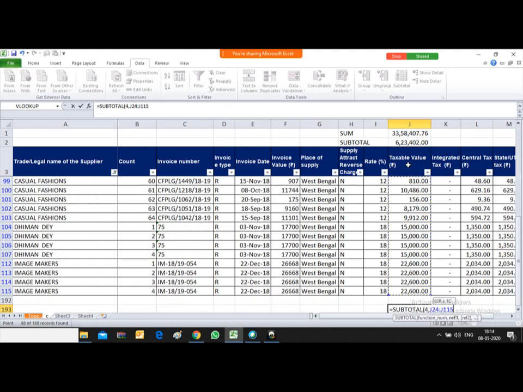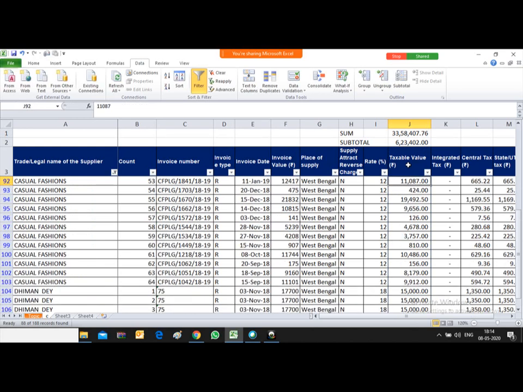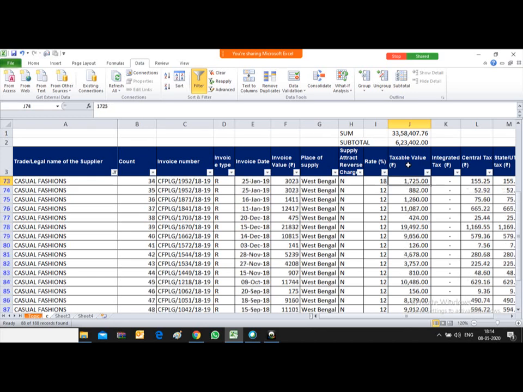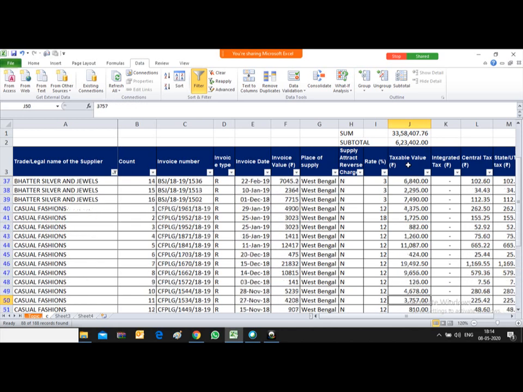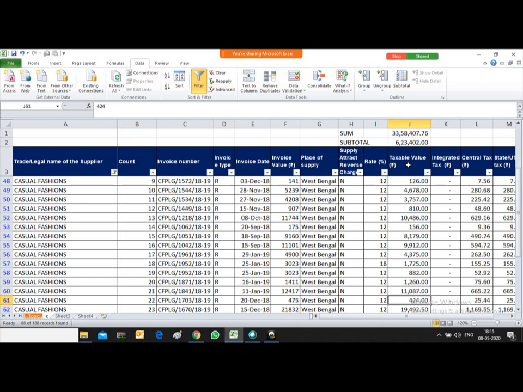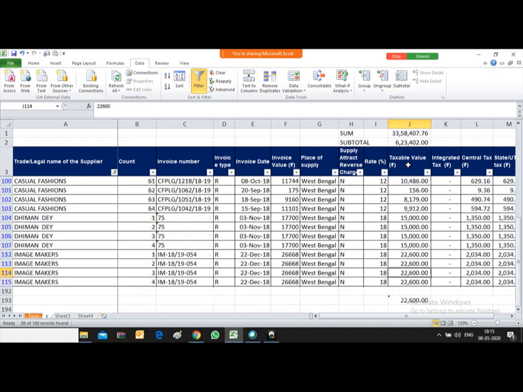The maximum is 22,600. Under all the values, you just see the highest number is 22,600 under the selected range. So by using this max function under subtotal, you can find the highest value appearing in a particular column.